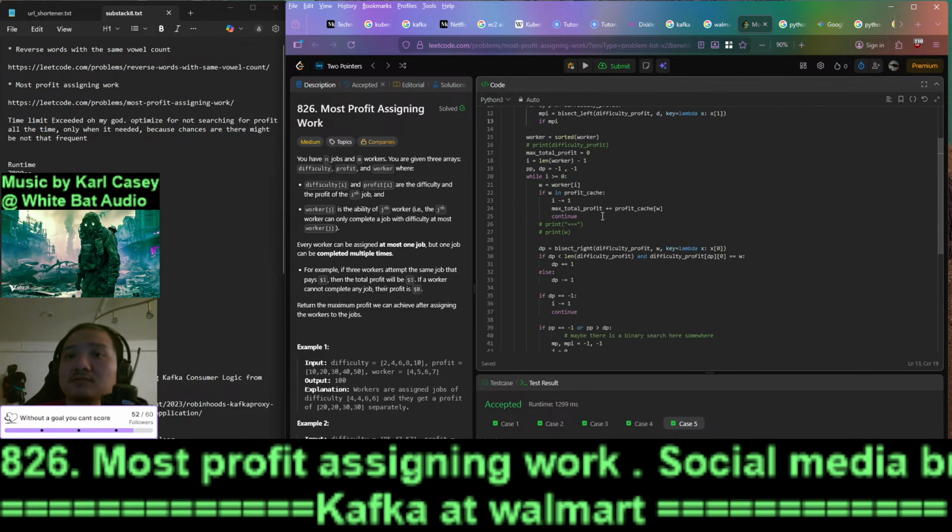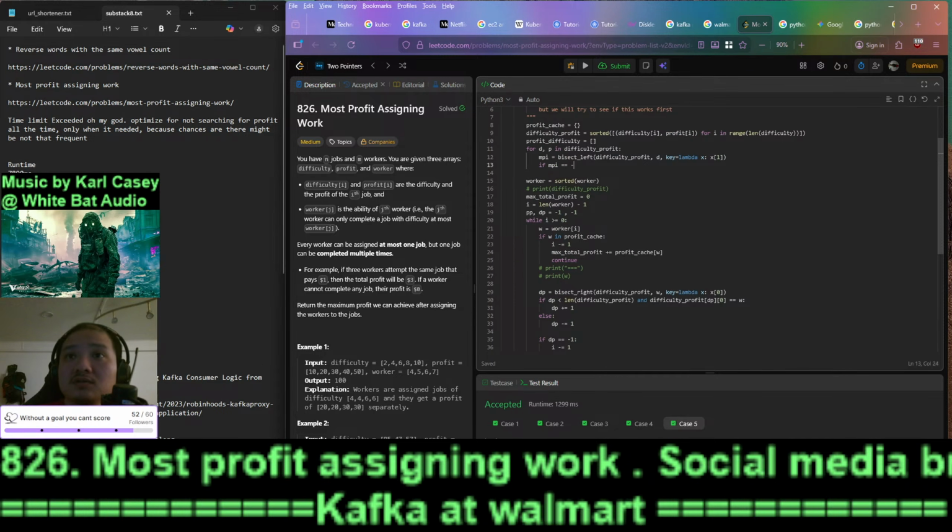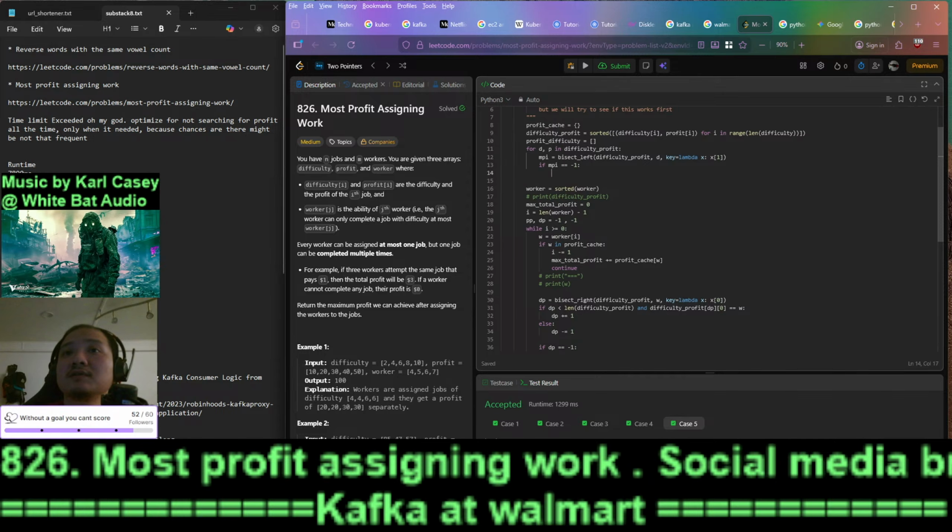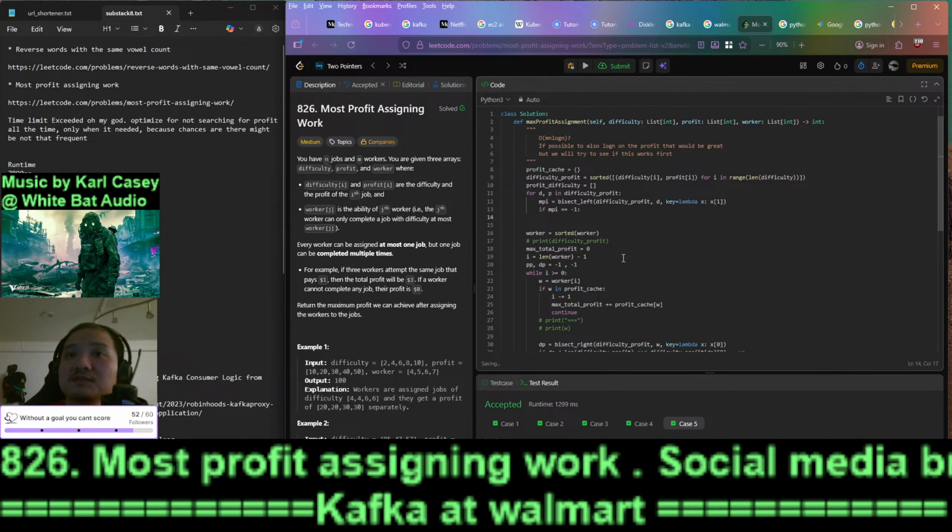So if it's -1, then basically the profit is gonna be profit by difficulty of the same index is gonna be append 0, otherwise gonna be profit